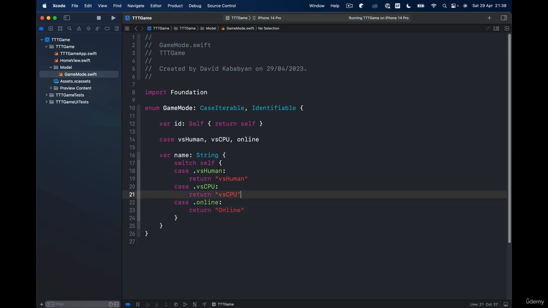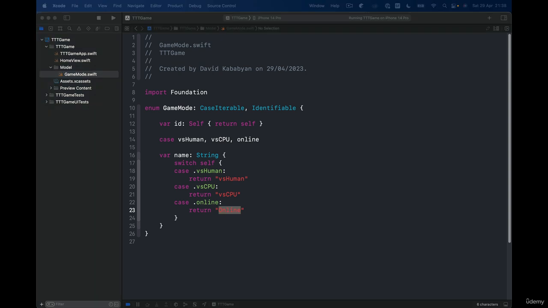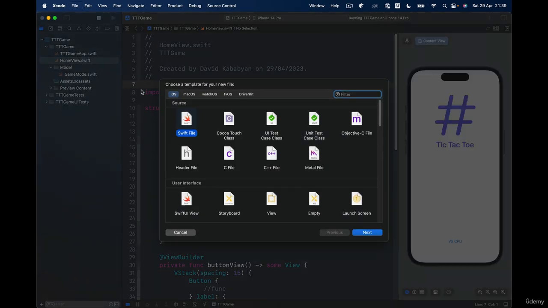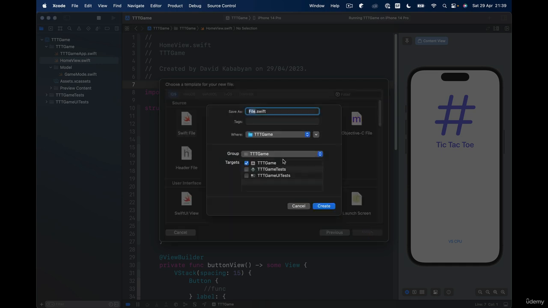Actually, before we move any further, because I don't like to hard code all these strings inside the code, it's always a good idea to create a file and put all your strings there, and then you can reuse that and you don't have to hard code and get any typos. And also another thing it's good for, if you try to localize your application for different languages, everything will be in one place, and you just go and do your locale there with all the translations, and you can access that. So let's create a new file, and it's going to be a Swift file again,